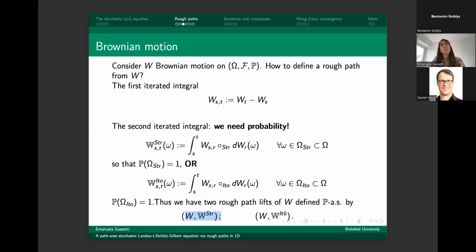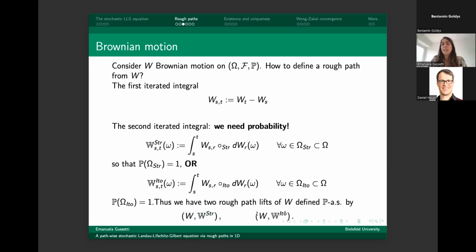From a rough path perspective, there is a property called geometricity that the Stratonovich integral has. And this property analytically corresponds to the classical rule of calculus. So we know that the Stratonovich integral follows the classical rule of calculus, which translates in rough paths to asking for the so-called geometricity property. So we will choose this